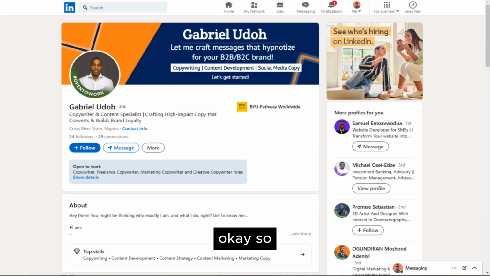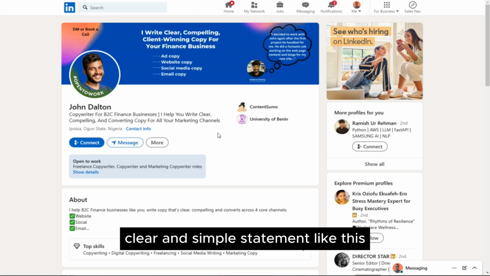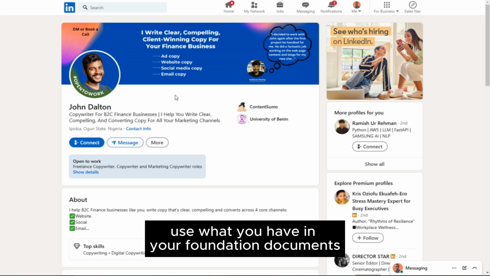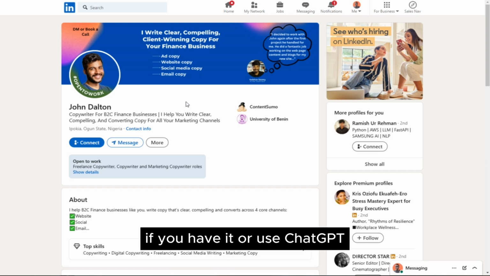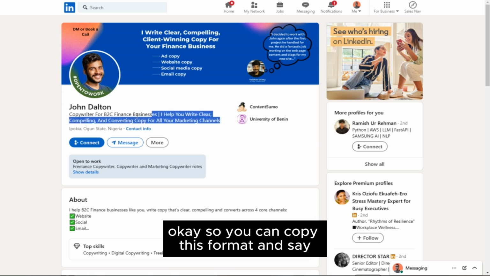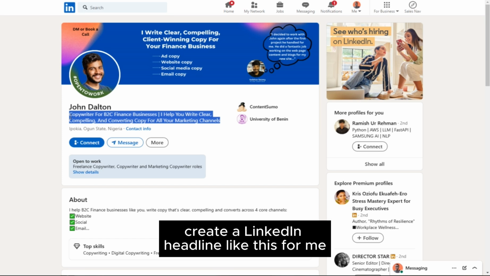Okay, so I would recommend you use a clear and simple statement like this. Now if you have doubts, use what you have in your foundation documents if you have it, or use ChatGPT. ChatGPT can help you come up with a lot of headline ideas. Okay, so you can copy this format and say, hey ChatGPT, I want you to create a LinkedIn headline